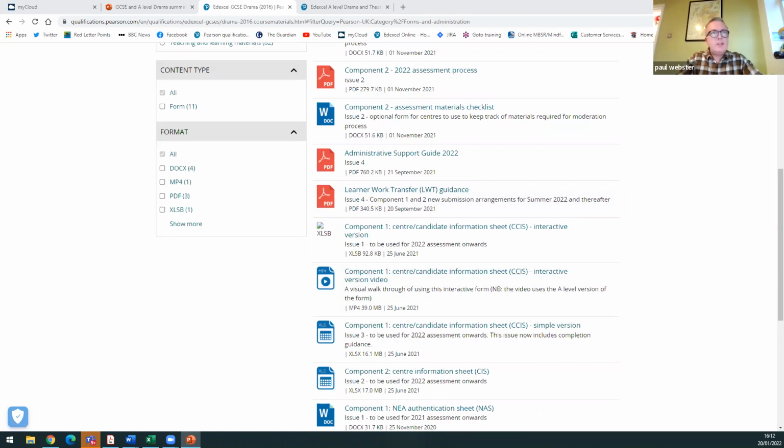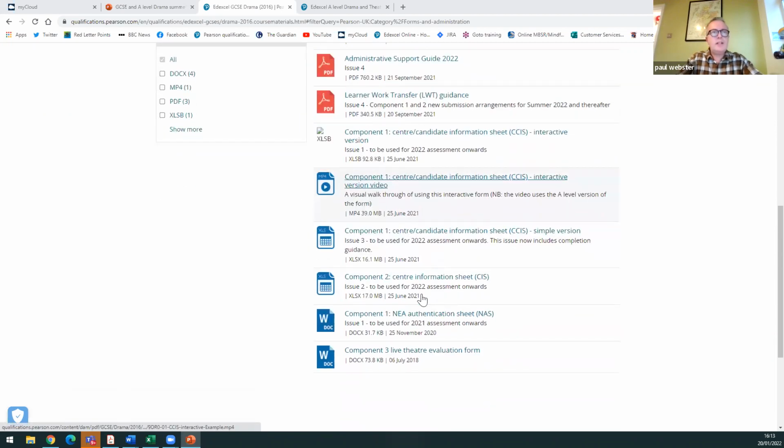I'm just thinking what else you need to do here. We've also got the centre information sheet, which is what you'll need to do. And this is what you'll need to send. So this is you basically saying that the materials that you've got are all standard, that you've recorded everything, or that you're going to record everything clearly, that you've got the details of each student, so the name, the candidate number, the file name of the recording, the type of performance, the play that they and the extract from the play that they're doing.